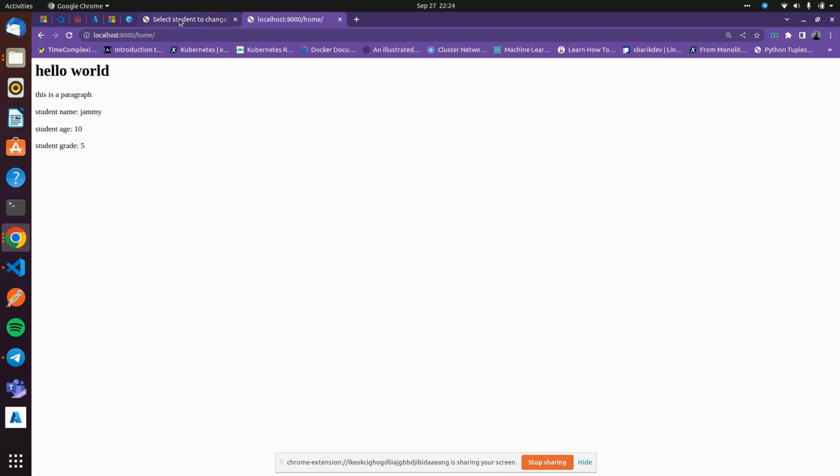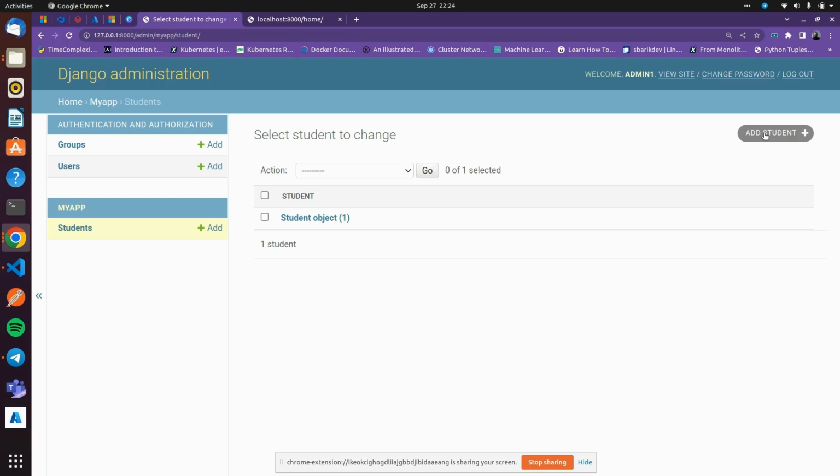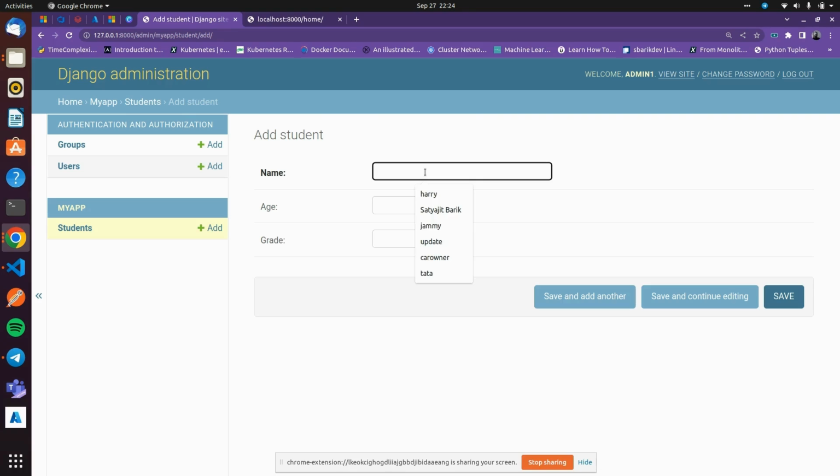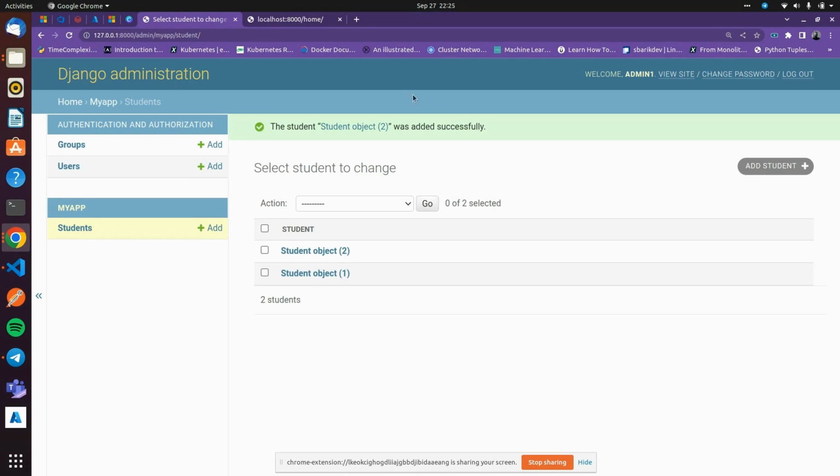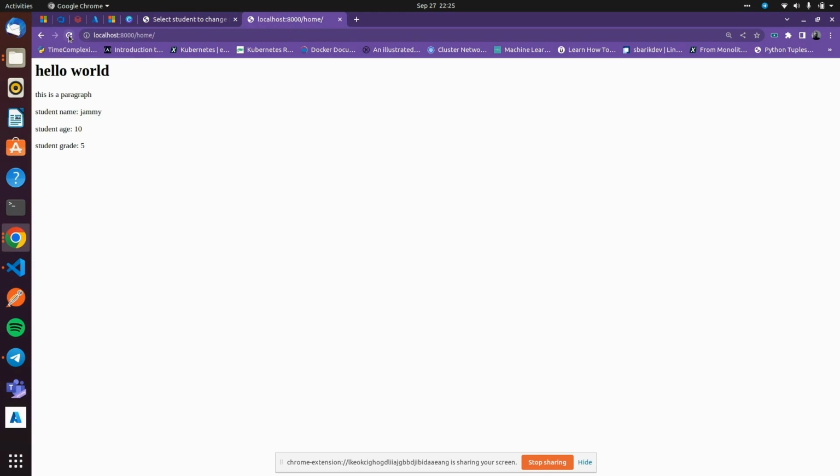Now I can do one thing. I have to add another student. Let's say the student name is Dev, age is 12 and grade is 7. Now save it, then refresh the browser. As you can see here, there is another student, Dev, age 12 and student grade is